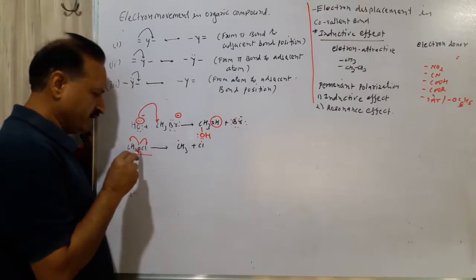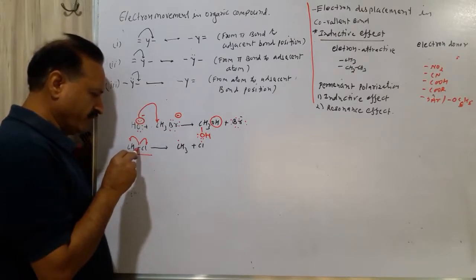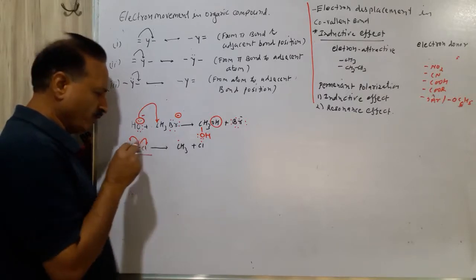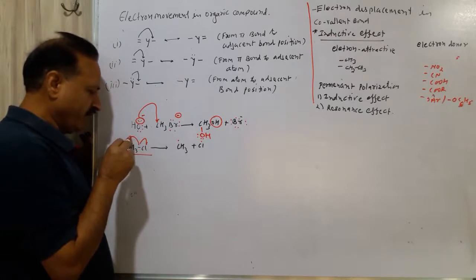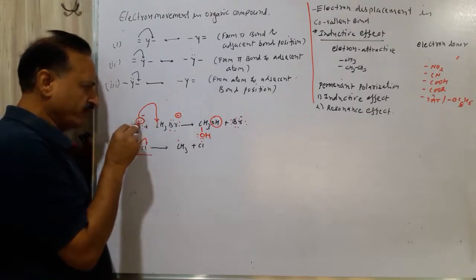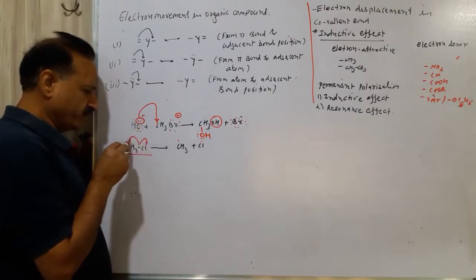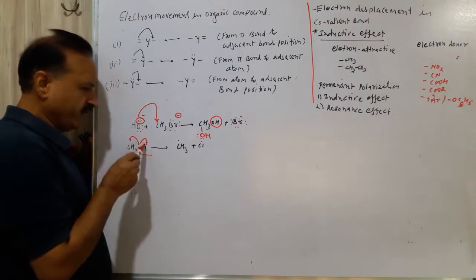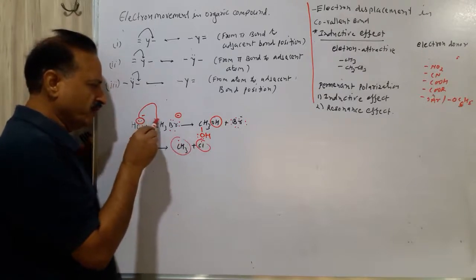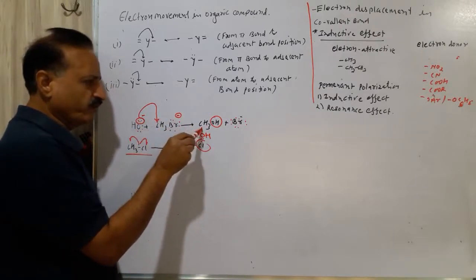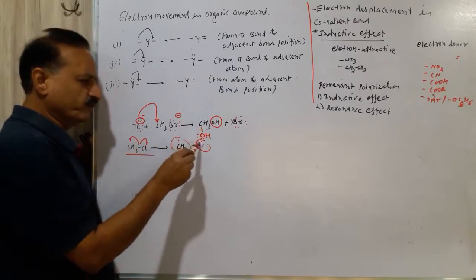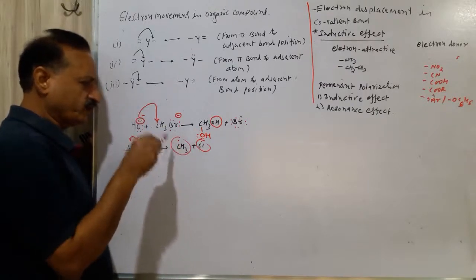In methyl chloride, here is a single bond. So one electron will be taken by carbon, one electron will be taken by chlorine. So here is a half-headed curved arrow, and here is the full arrow, meaning 2 electrons transfer to carbon. Here 1 electron transfers to carbon and 1 electron transfers to chlorine. So it is a free radical, and here a total of 2 electrons transfer. So here a covalent bond is forming, with the bond's electrons transferred from the shared electrons of carbon and chlorine.